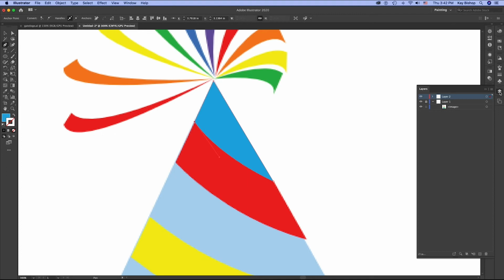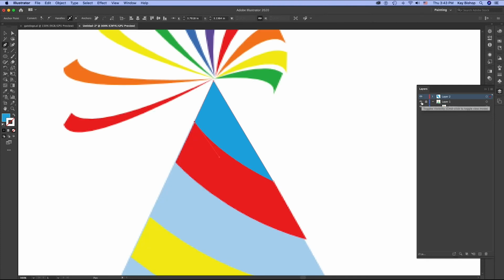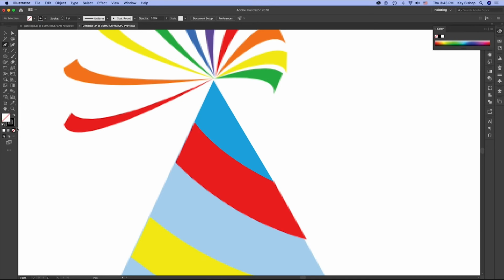And then to check my work, I can hide the original image just to see how it looks, and then I can bring it back up to see how it looks with the original image. Then I could lock that, create another layer, go back to my pen tool. I'm going to reset this, and then I can draw the next one. So then I'm going to